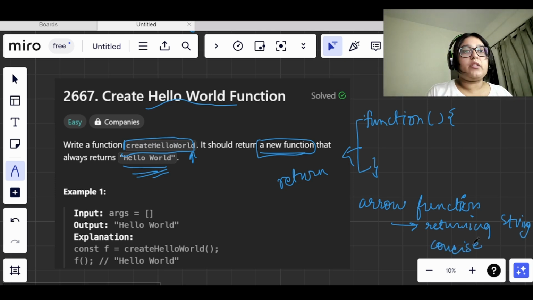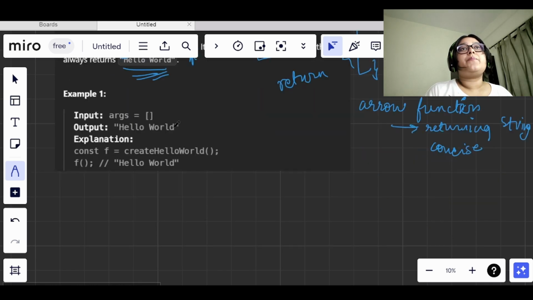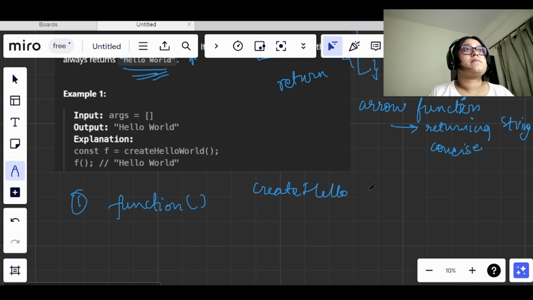Now what is happening in this? Basically when we are using the first one or we are using function keyword. Now when create hello world function is created, inside that we have to return a new function that we are creating, right?